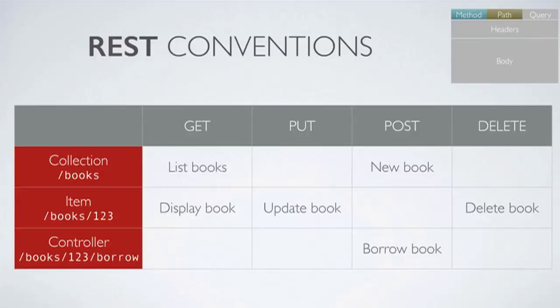There's also the controller resource type, which is sometimes controversial, but it's very useful if you want to do something which is external, outside of the scope of the normal create, read, update, delete operations. You may consider creating a controller resource which adds an additional verb to the URL of a particular item in your collection. And then if you do a POST to that endpoint, you can perform some additional action on that object.